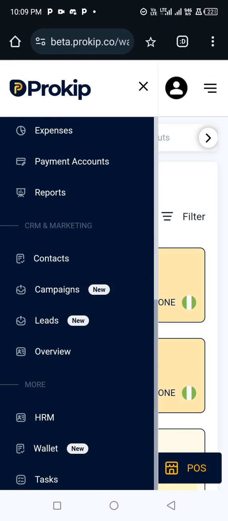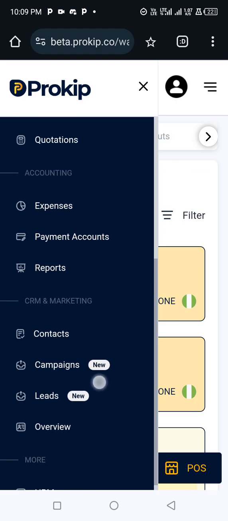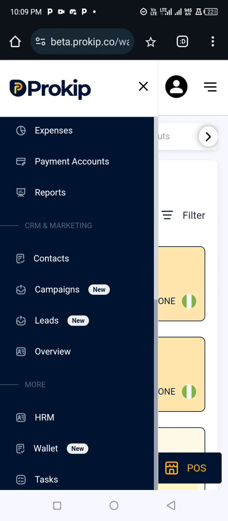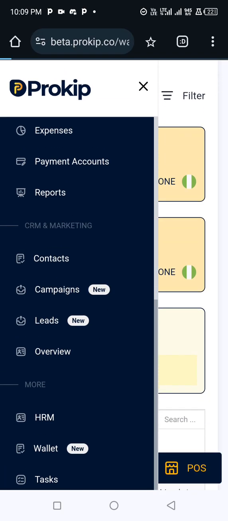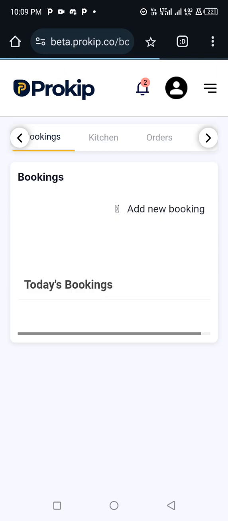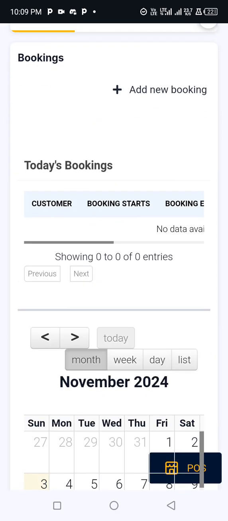So, which other features? So many features. We have the booking feature that your waitresses in your restaurants can take orders from the